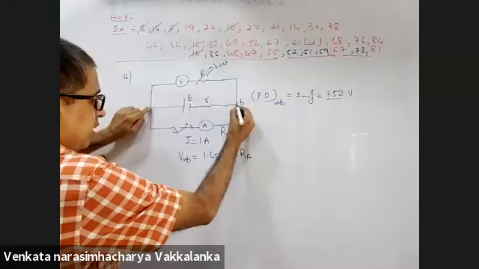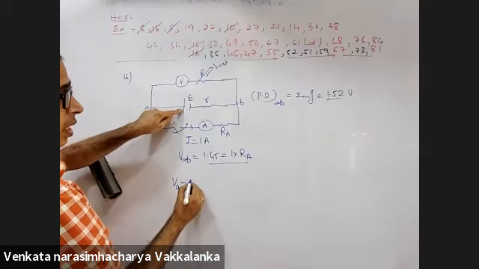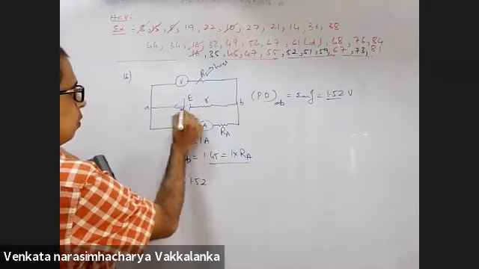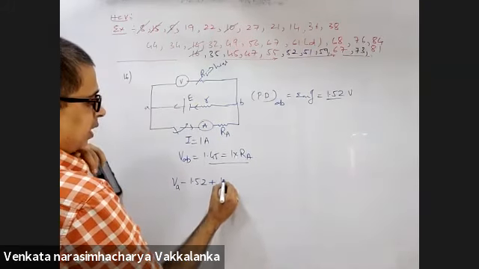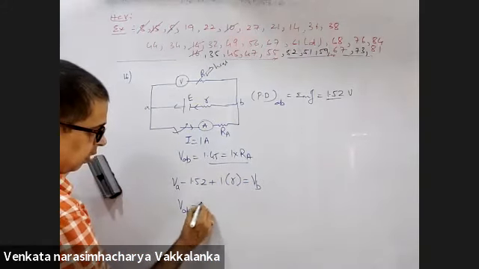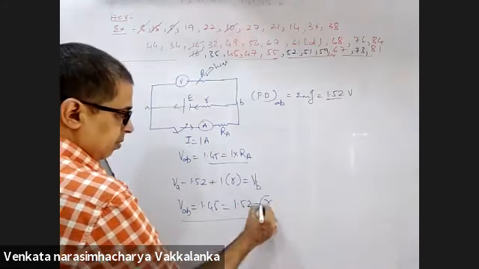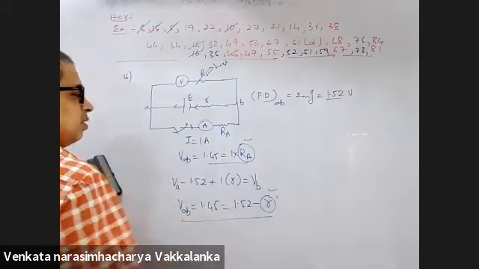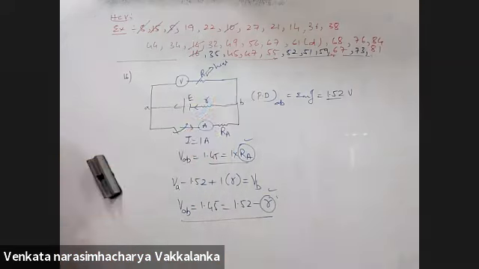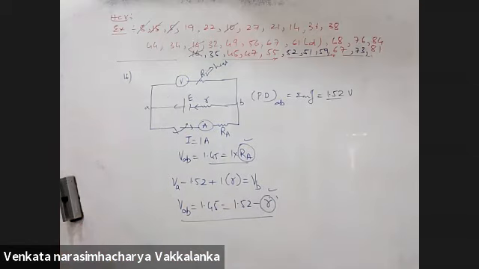And now VAB is how much? This is one equation. VA, you are touching the positive terminal, minus 1.52 plus current 1 ampere into R should be equal to VD. VAB is equal to 1.45, which will be 1.52 minus R. Will I be able to calculate this R and this RA? RA you will get, R you will get, EMF you got. A very simple question, not a fair doubt. Tell me when I can rub the board.